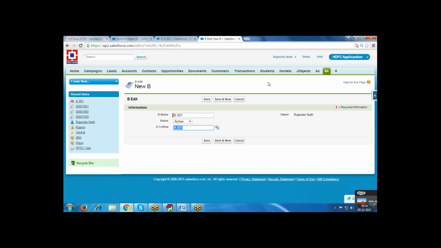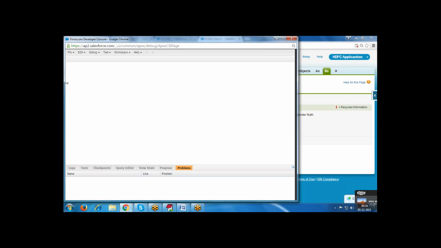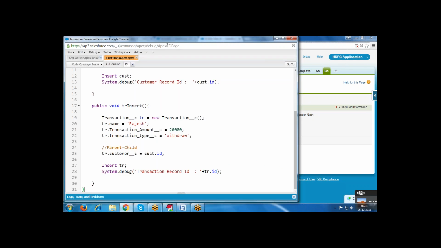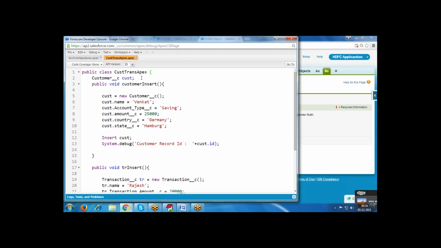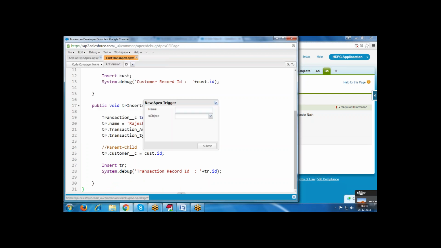For this we are writing one trigger on the B object. If you want to write the trigger, go to developer console, file, new trigger.